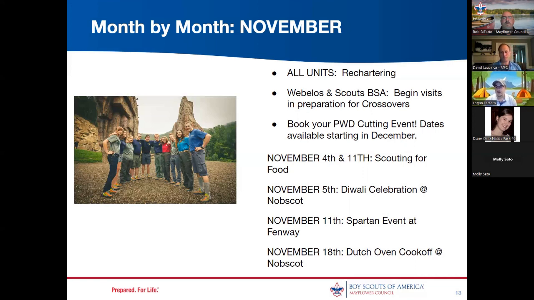The way this works is unit leaders can request a certain number of tickets. So if you have, say, 10 scouts who want to participate, you fill out a Google form for 10 scouts. You will then receive an email with 10 codes, one for each scout, and each family can go in and self-register for the event.